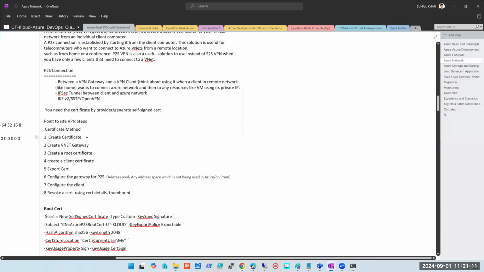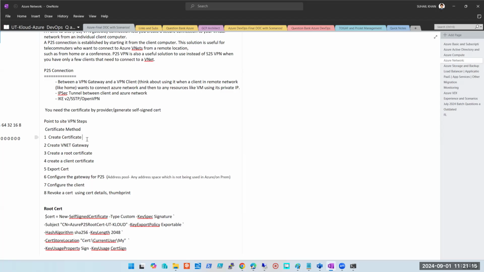So what do we need for that? We'll have to create a certificate. We'll require a VNet gateway. Obviously we require a VNet, right? When I say VNet gateway, it is implied that we need a VNet, and in it a subnet. What should be the name of the subnet, guys? Gateway subnet. Yes, if I require a VNet gateway, there has to be a subnet called GatewaySubnet. So I'm not repeating things. The moment I say I need a VNet gateway, it is implied. You should understand this very easily.